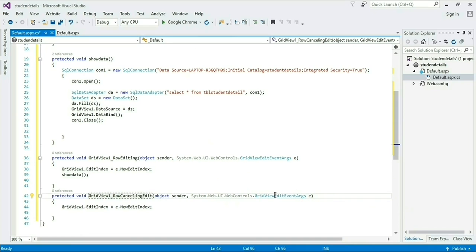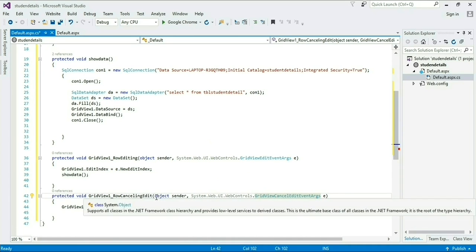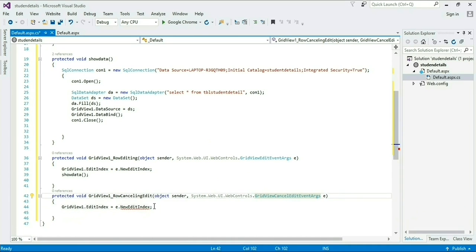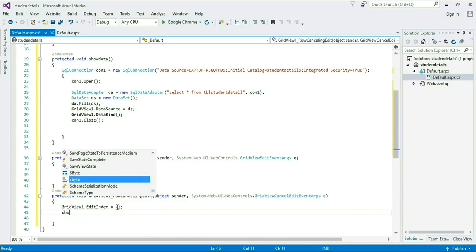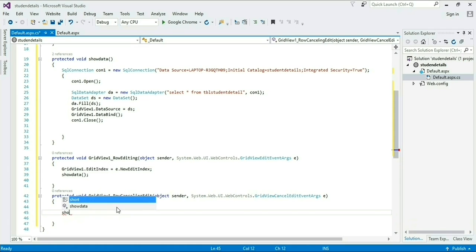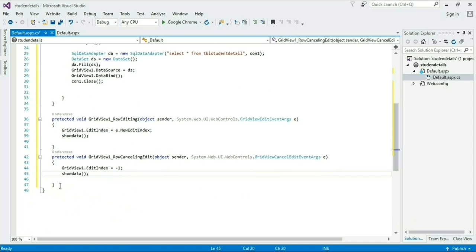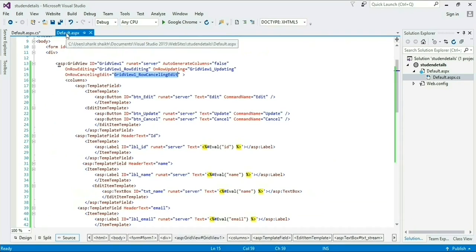And this GridView1 event args is also CancelingEditEventArgs, and give EditIndex equal to -1, it means false. Now create a function, and also take this ShowData main function under this GridView1 RowCancelingEdit event. Okay, I am now creating a function for row updating.